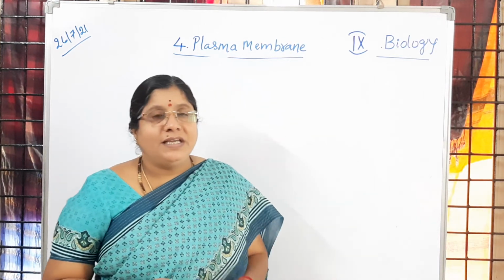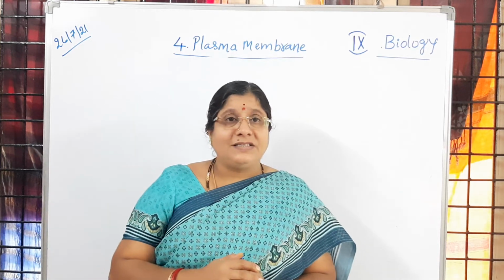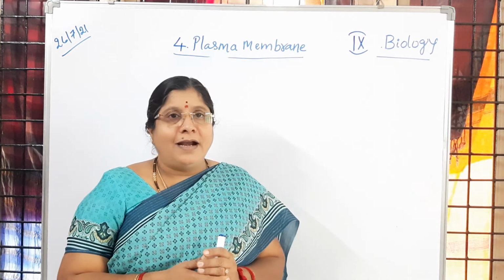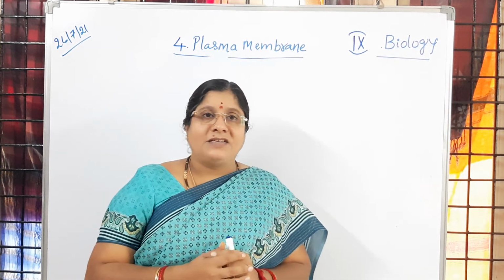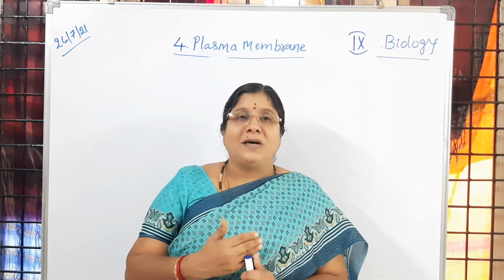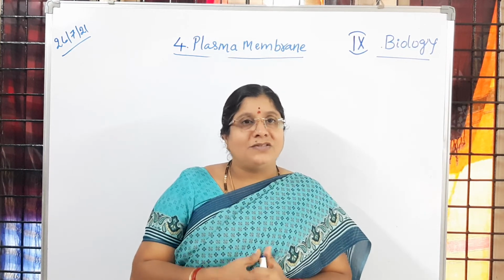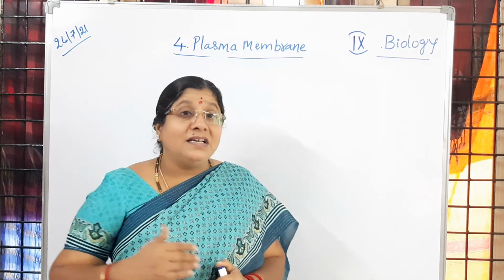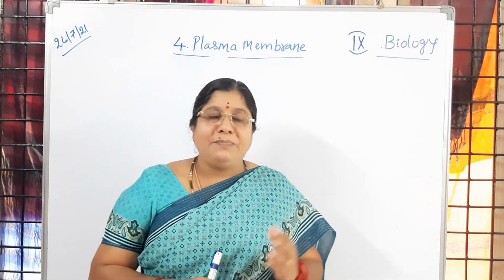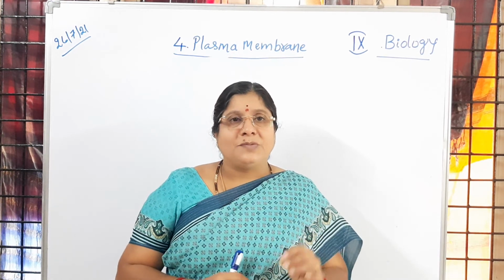Tomorrow we will discuss the functions of the plasma membrane. You know some functions from 8th class. The plasma membrane is the outermost covering of the cell, and it gives a definite shape and structure to the cell, like that you learned. Just now you learned it is allowing materials to pass through. That is permeability, allowing certain materials to pass. Other functions are also there. Many other functions are going to be carried out by the plasma membrane, that we will learn tomorrow under functions of the plasma membrane.